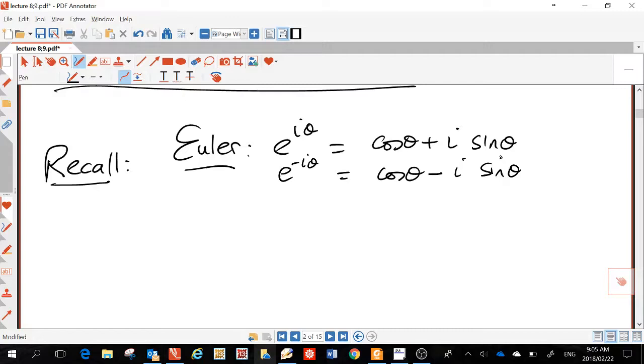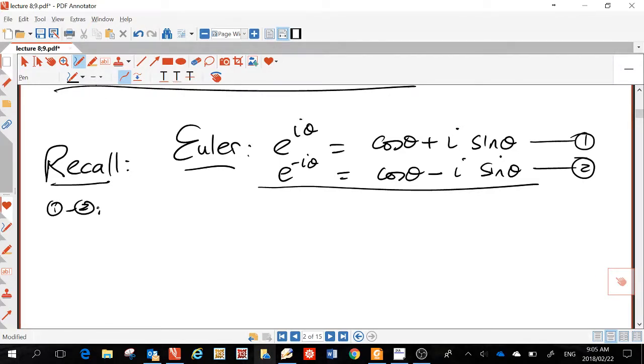Okay, so now, using this result here, I can use simultaneous equations, equation 1, equation 2. I expect you to have done this in first year, but I'm just recapping it because you may have forgotten. If I subtract equation 1 minus equation 2, I can get a formula for cos theta. Cos theta is equal to e to the i theta